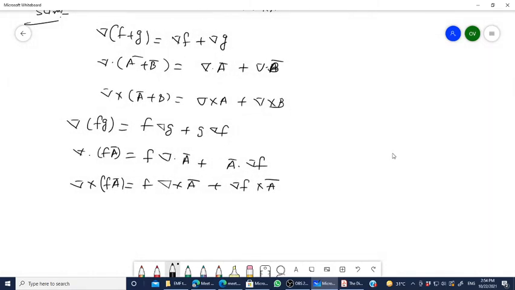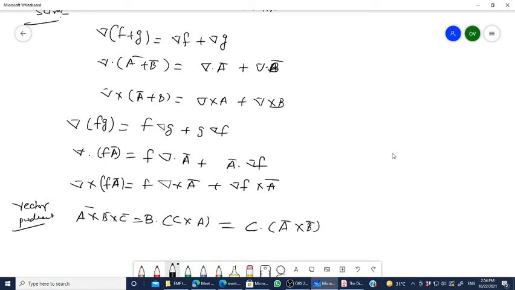ये तो आपका हो गया। You know also a cross b cross c, वेक्टर प्रोडक्ट, यहाँ पर आपने वेक्टर प्रोडक्ट ले लिया. So it is nothing but b dot c cross a, है ना, equal to c dot a cross b. We can write like that, है ना. और अगर it is a cross b cross c like that, if it is represented in the bracket, so b a dot c minus c a dot b.